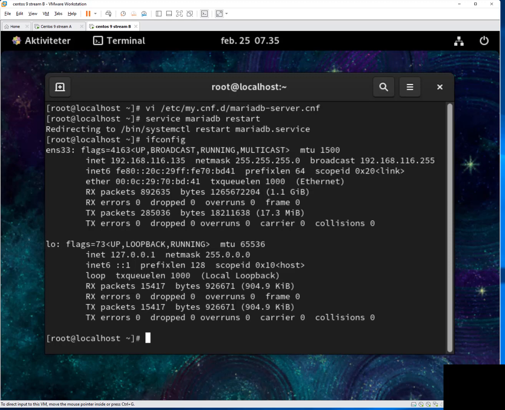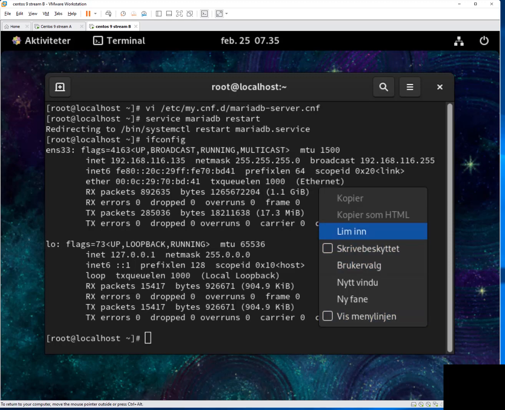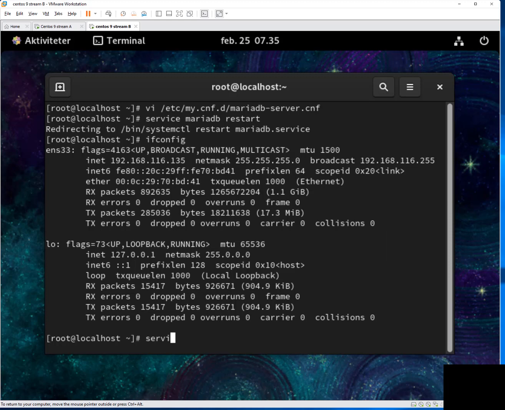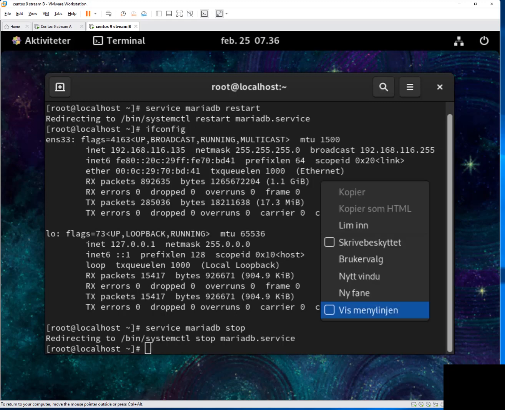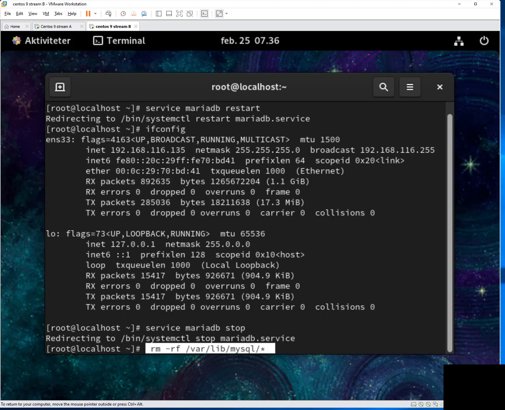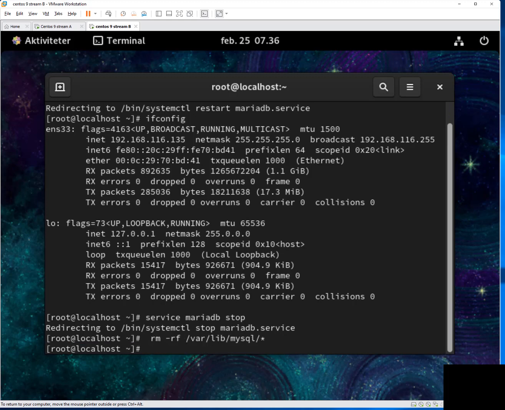contents from the master server by first stopping the server, like that. Now the server is stopped, and then we will delete the repository of the current database in this slave server. Everything is deleted in the MySQL directory for the server. Now it's emptied, and then we will